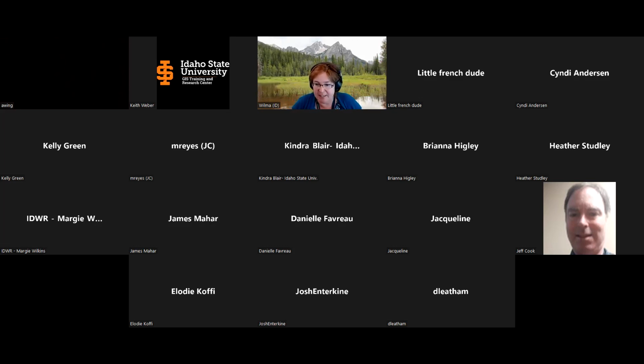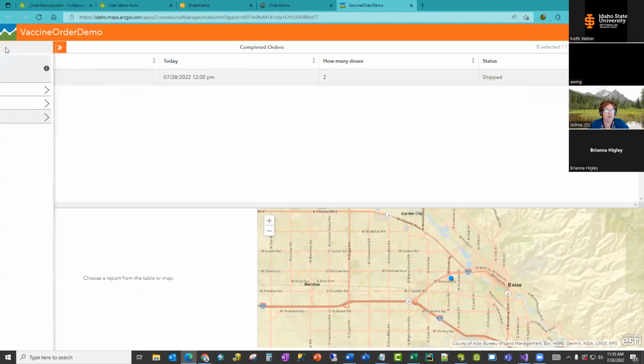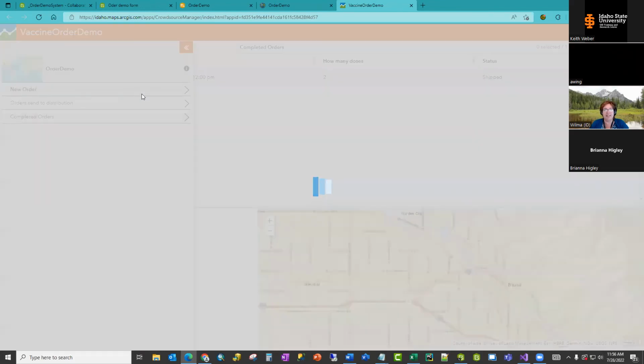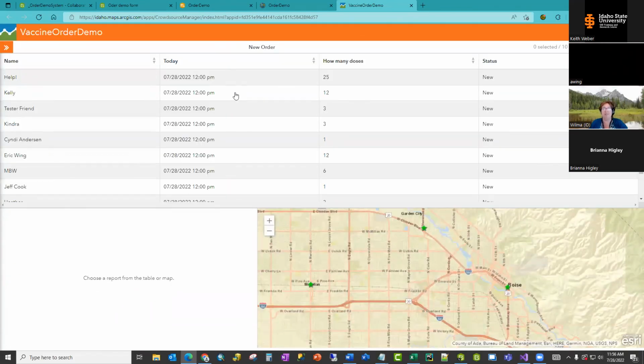And let me see if I can really quickly share and find that again. So the vaccine demo, those are the three layers that we have there. I did separate them out because I like the way that people can just click on new orders or completed orders, so that they would show up like this over here. Otherwise you'd have to query and find which ones are my new orders, and there would be one arrow, and if you clicked in here, they would all show up. Yeah, right. And so